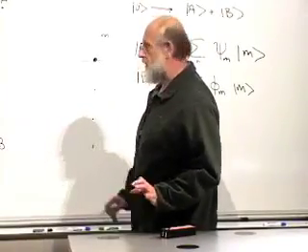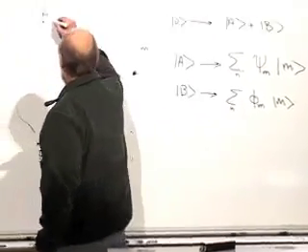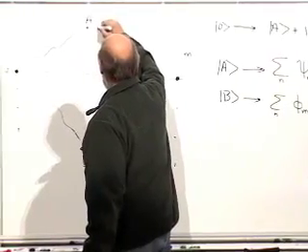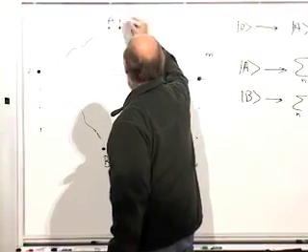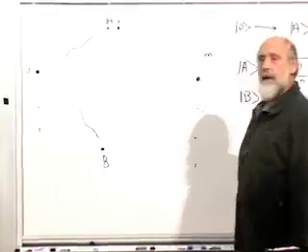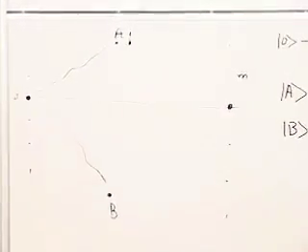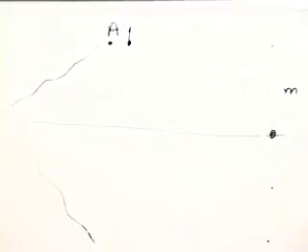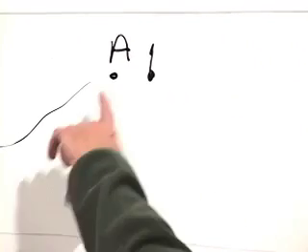We add another degree of freedom over here, which is a spin which can be up or down. And let's not ask exactly how it happens, but when the electron passes through the hole A,